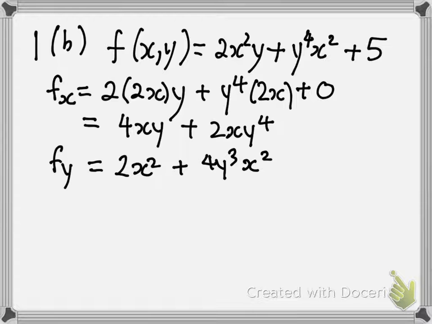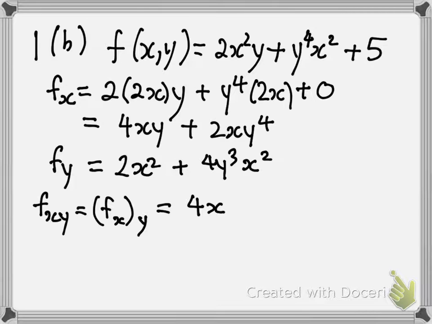To find f sub xy, it's the same as taking f sub x and then differentiating with respect to y. So we are taking this function of two variables and differentiating with respect to y. Momentarily, 4x will be a constant, and 2x will be a constant. So the partial derivative with respect to y will look like 4x, because the derivative of y is 1, 2x times 4y cubed. So if we were to tidy this up, we will get